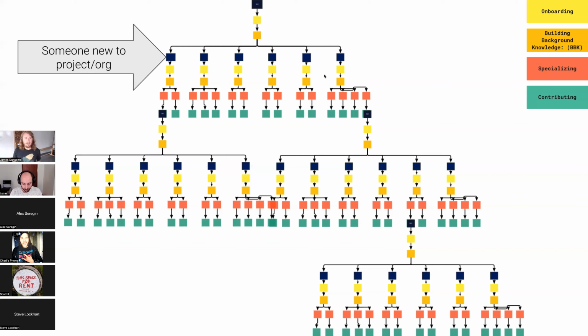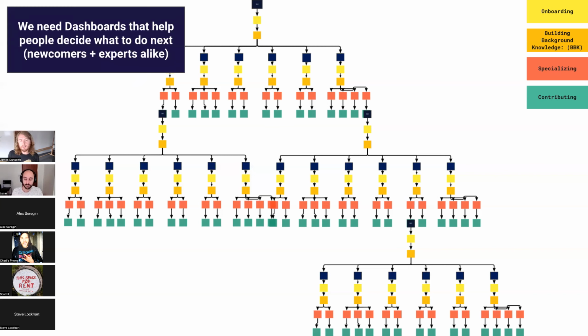Now, how long is it going to be until Gimbalabs has this many projects going on? This might be 10 years away. That's okay, right? But this is how these puzzle pieces fit together. And the projects that we're working on in this course facilitate all of this. We need dashboards to give some people some basic information to maybe help with their decision-making process. Newcomers who want to go where the action is, experts who are trying to figure out, hey, what's the most impactful thing I could work on right now?